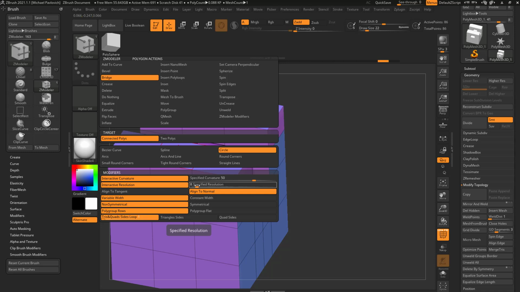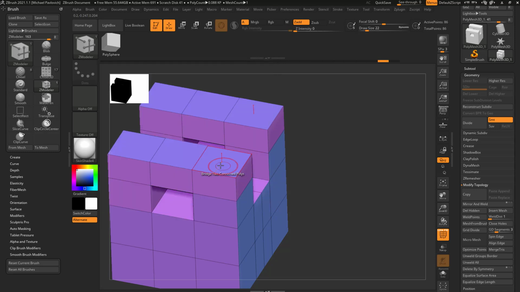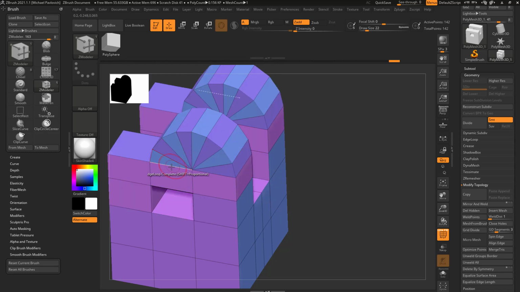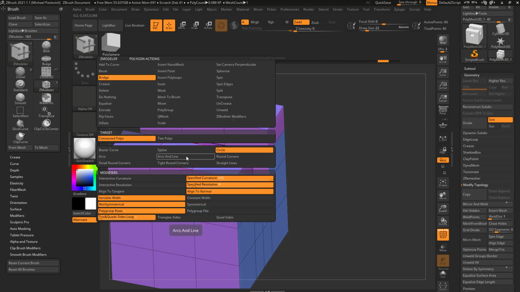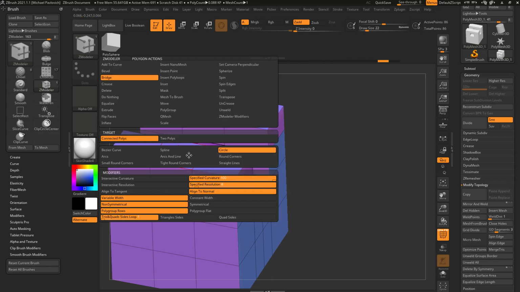If I don't, I can say, okay, specified resolution, I want to have 8. Specified curvature, I want at 100. So now when I click through here, it's automatically going to snap to 1, 2, 3, 4, 5, 6, 7, 8, and the curvature is going to be perfectly circular. So it's kind of up to you if you want to make it perfect, or if you want to have that interactive